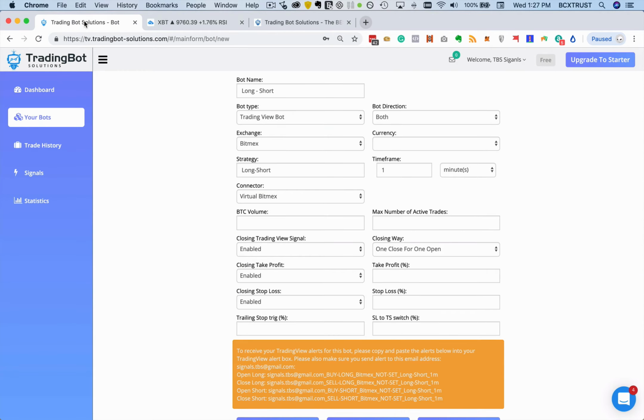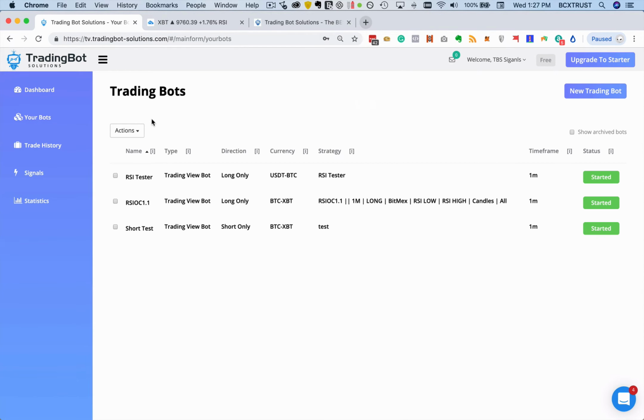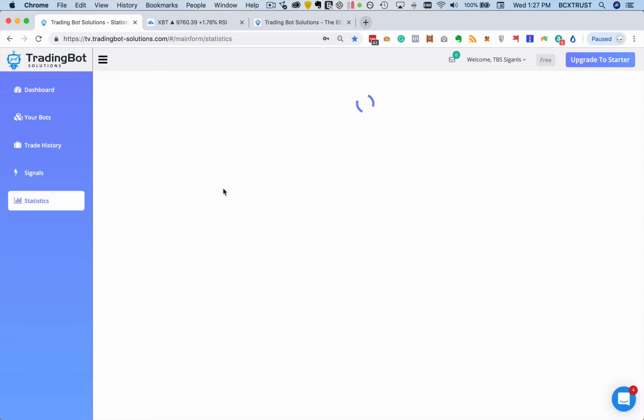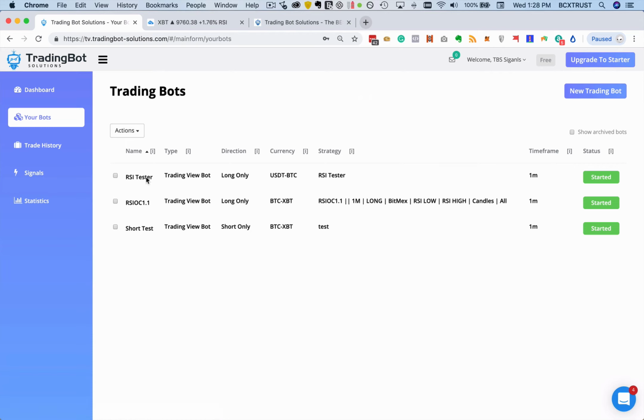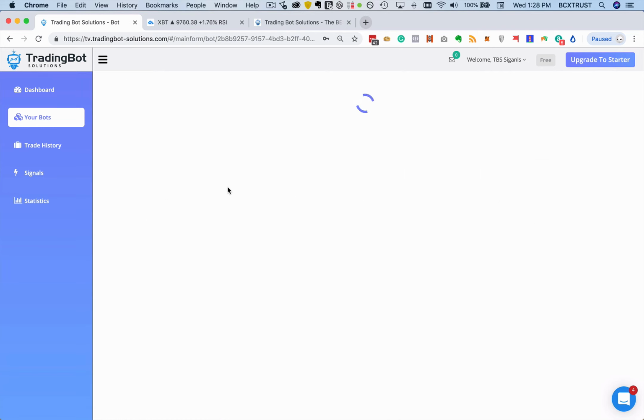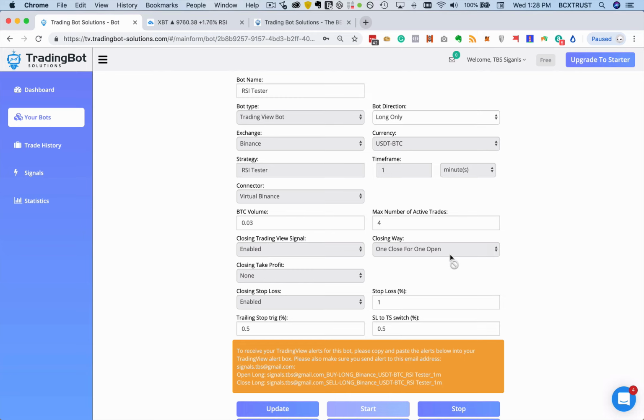And with our virtual bots, we give you the opportunity to test all your strategies before you use them. So you can also go to the statistics tab. This is very simple still, and there's just one bot in there. But you see the statistics tab is giving you the indicators of the bots. And if I know the RSI test bot here is making a profit, I could just simply go in here. I could simply say, okay, I want to copy this bot,